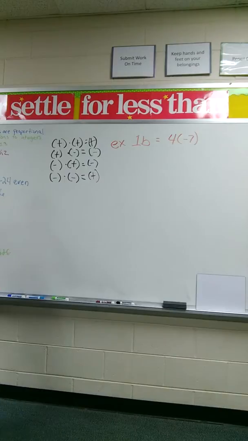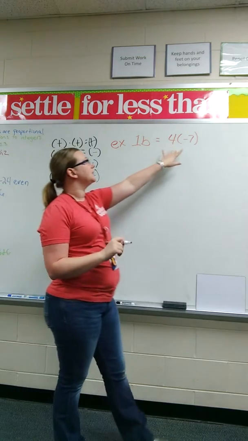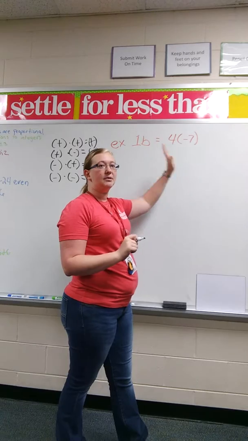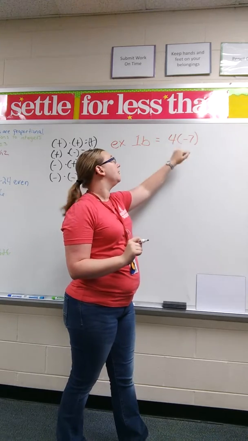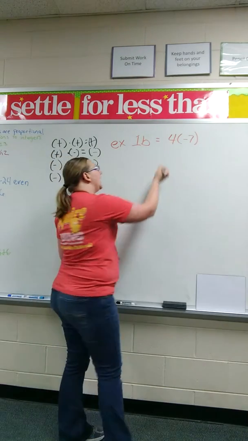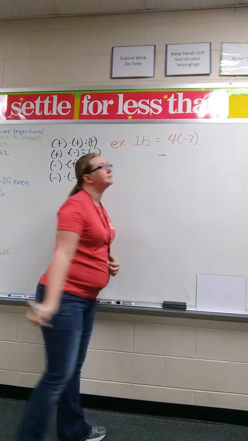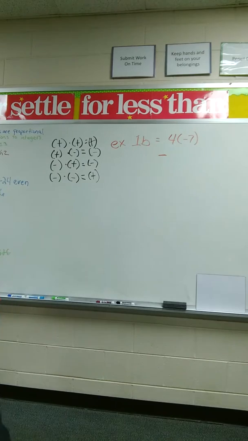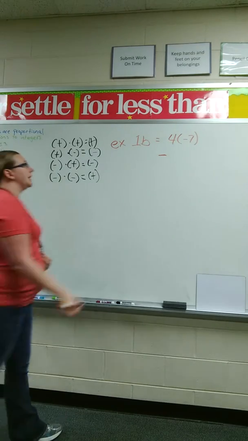Times negative 7. We know that if there's a number in front of parentheses, that means that we're going to multiply. To use our rules, we multiply the numbers and keep the sign based on our rules. So 4 times negative 7, is that going to be positive or negative? Negative. What's 4 times 7? 28. So our answer will be